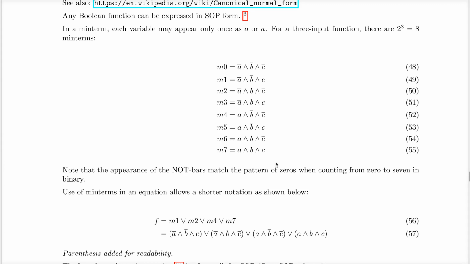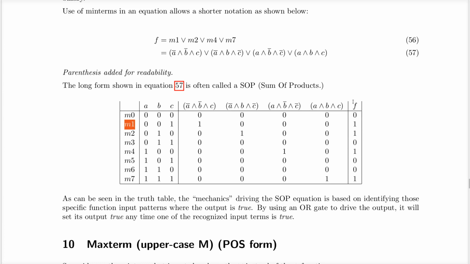Let's say I want to express a function. It's described like this over here. And I want to just say, hey, here's a truth table. Here's the inputs. Ignore everything on here except for the A, B, and C inputs here. And the output column I'm going to call F over here. All right? If I give you a truth table and say, here's your inputs, if I give you these inputs here, and I give you this output there,